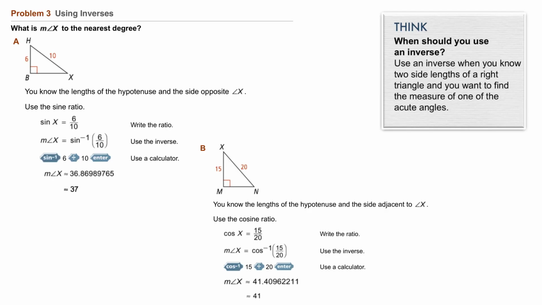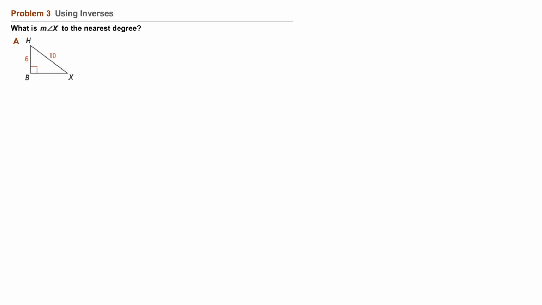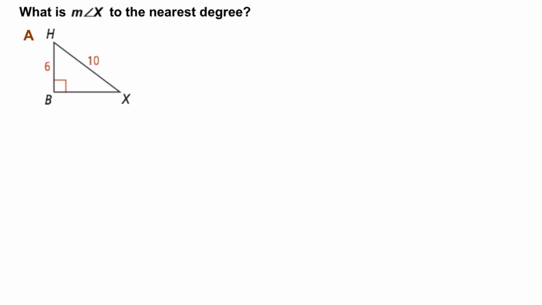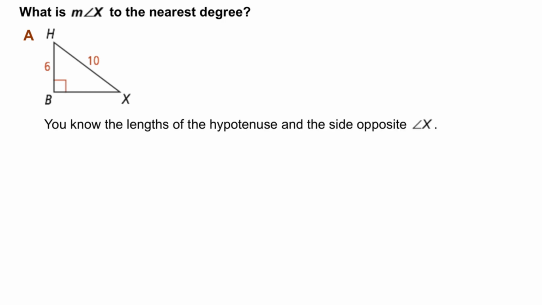Like this. Problem 3. Using inverses. What is the measure of angle x to the nearest degree? Part A. Consider this triangle. It's a right triangle. We have a hypotenuse length of 10, and one leg looks like the shorter leg, by appearances, length of 6. You know the lengths of the hypotenuse and the side opposite angle x, so we'll use